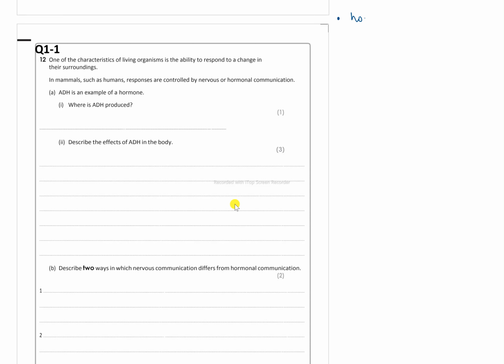Hormones are chemical messengers, right, excreted by endocrine glands into the blood and